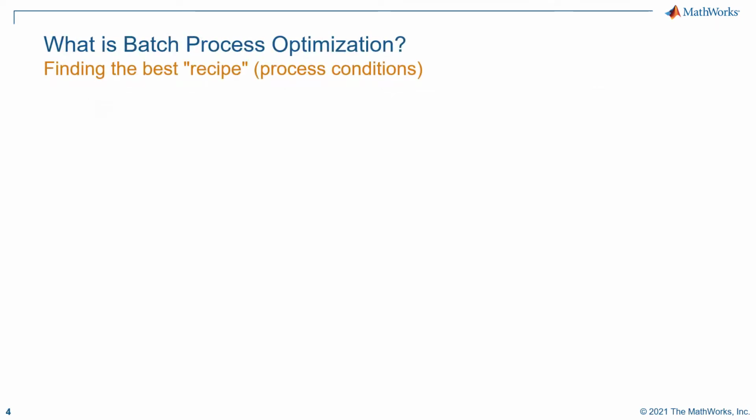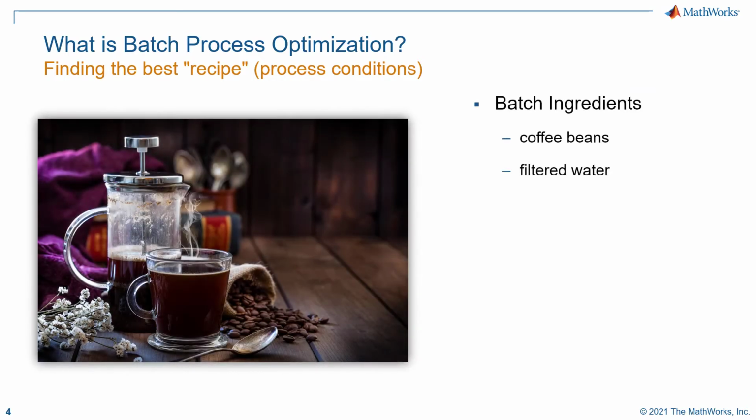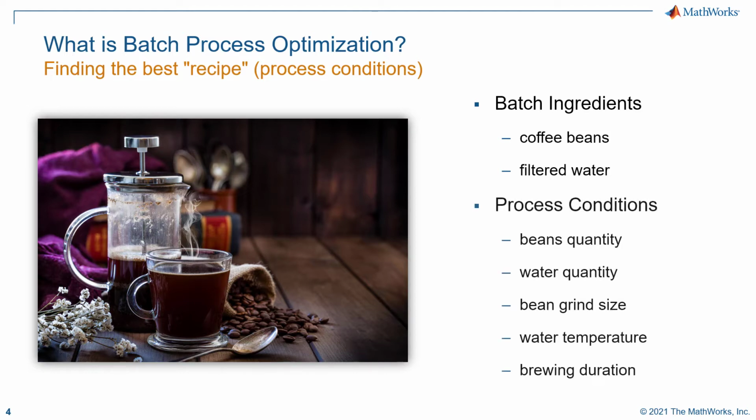But before we jump into MATLAB, I wanted to give you a quick overview of today's topic. One batch process that I enjoy every morning is brewing coffee. Like all batch processes, this involves working with a limited inventory of a product at a time, in this case, just coffee beans and water. We could think of optimization of a batch process as essentially trying to find the recipe or conditions that maximize or minimize a particular parameter, subject to process constraints.